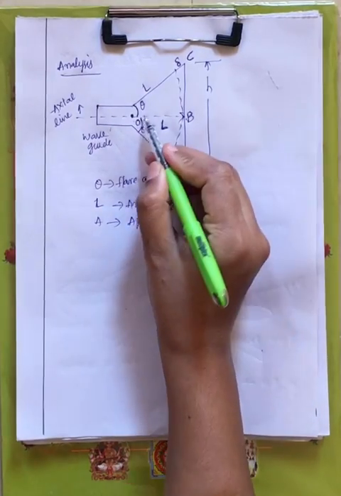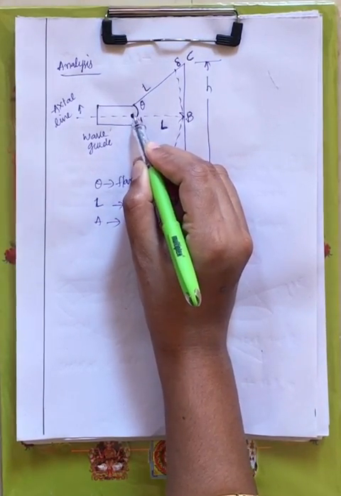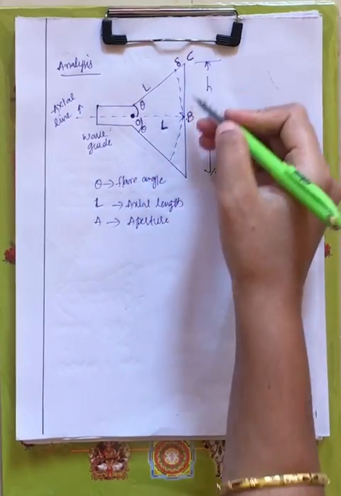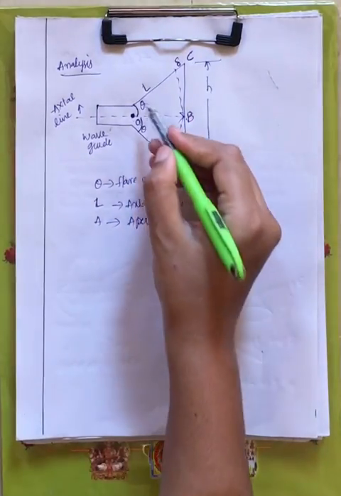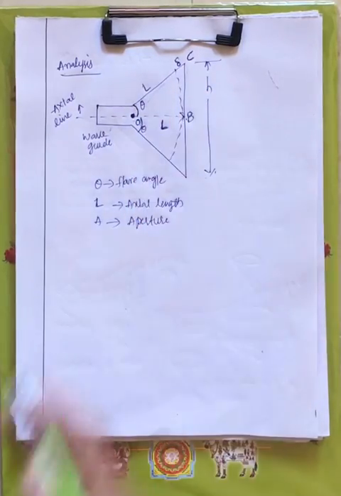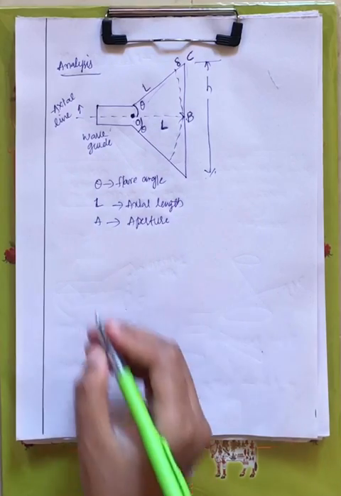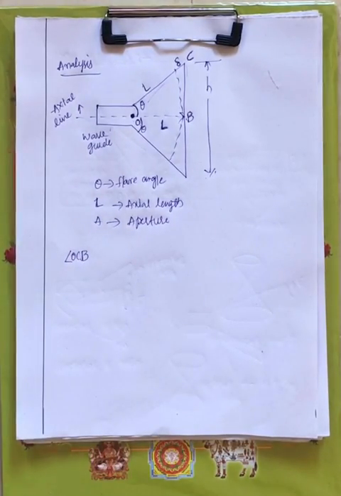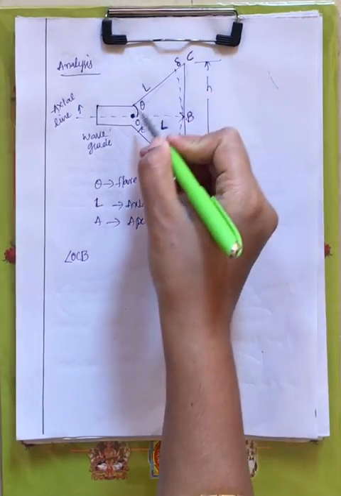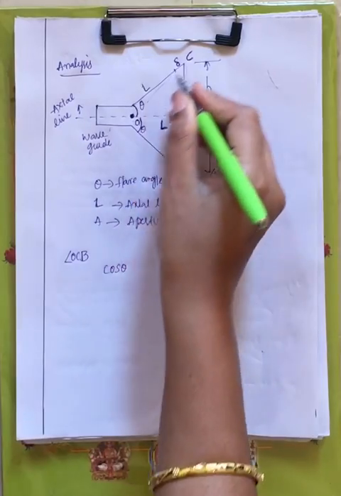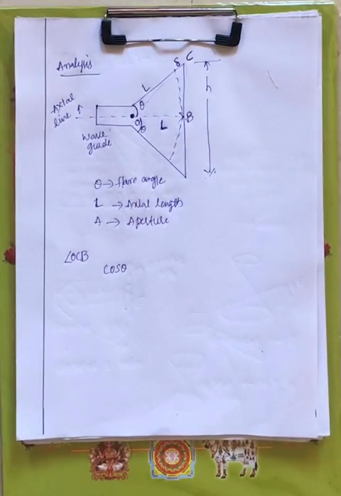Now this particular point O, where the flaring starts, we have defined as O, and this we denote as C, and this we denote as B. If you see this, it is a right angle triangle. Now angle OCB, from the right angle triangle OCB. Now what is cos theta?